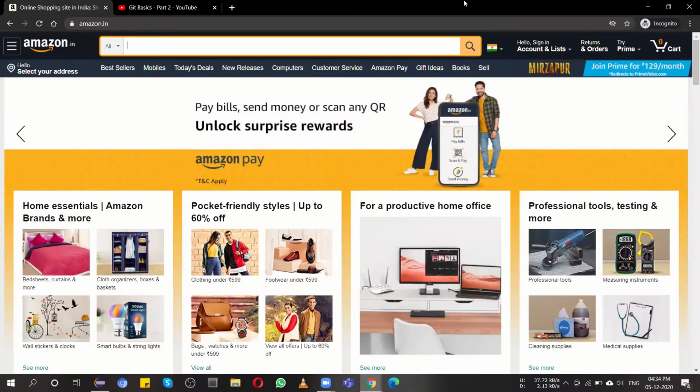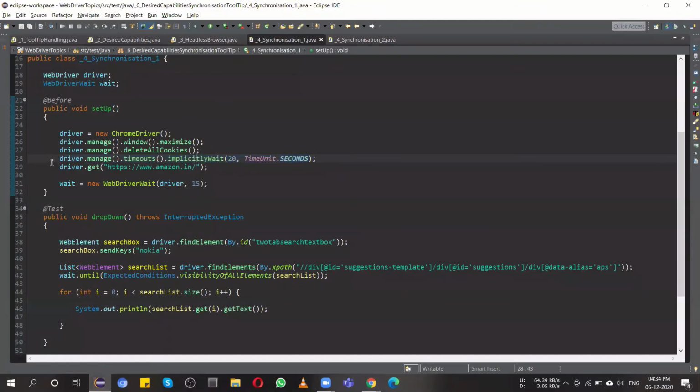For that, the implicit wait does not help much, because after doing some actions those elements get loaded on the screen.